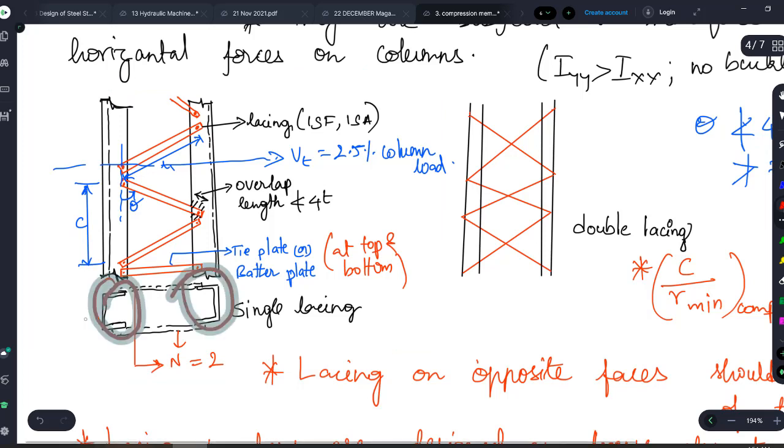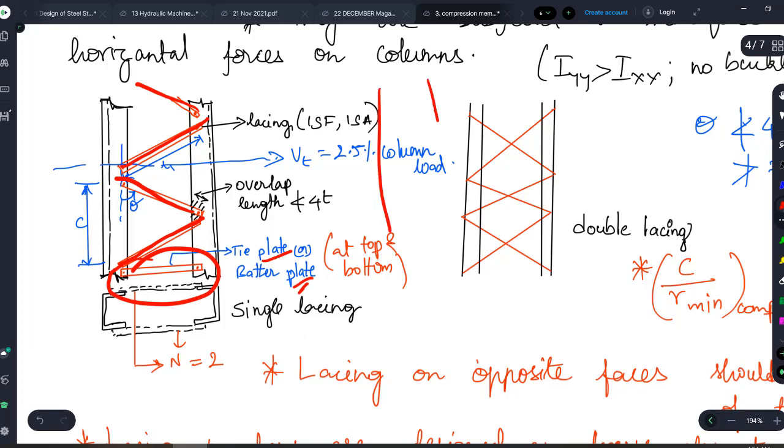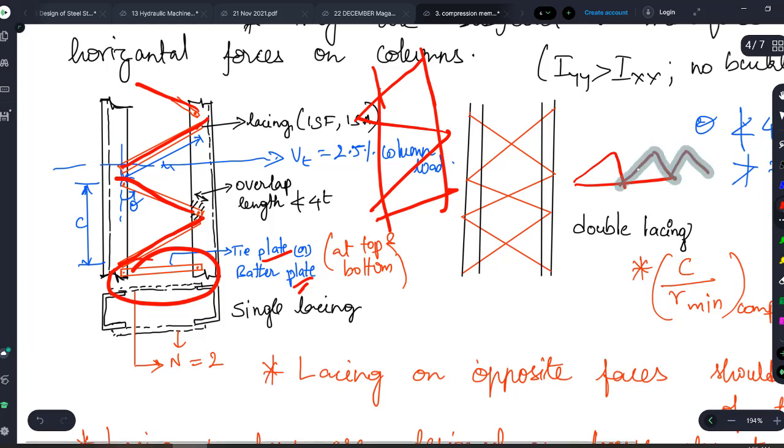Okay. So to act as one member, what I am doing is I am adding some lacings. Okay. So whenever you are using the lacings, right, the last one will be using a tie plate or batten plate. Okay. A straight plate we will be using, but above that we will be going something like this, like a truss. You know the truss, right? You might have studied the truss. आगे भी हम पढ़ेंगे, but you know the truss members, right? Like that we will be using our lacings.